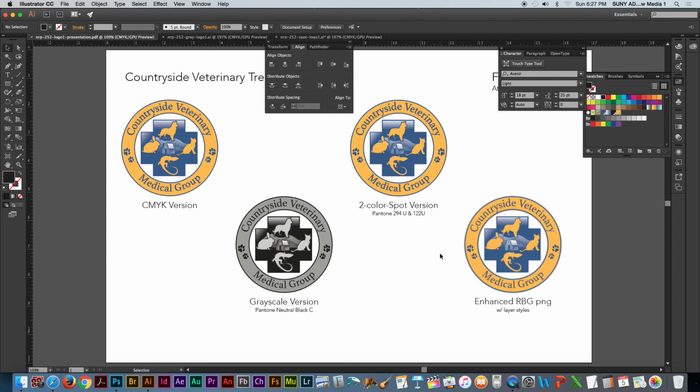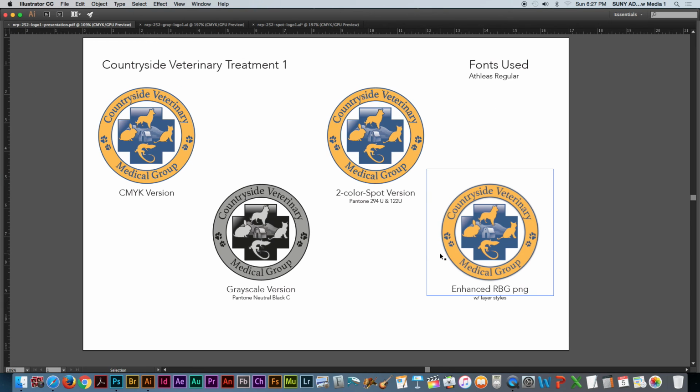And there we are, guys. We have gone through making a logo. We've gone through picking the fonts that you want to use. We've gone through playing around with colors. We've gone through converting it to spot, to grayscale, saving correctly. We've gone through moving it to Photoshop correctly, enhancing it a little bit and subtly. We've gone through a whole bunch of different things. So you should have no problem